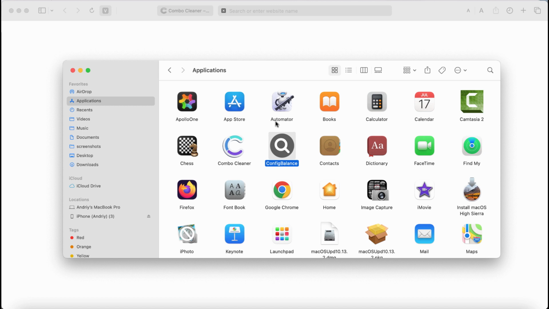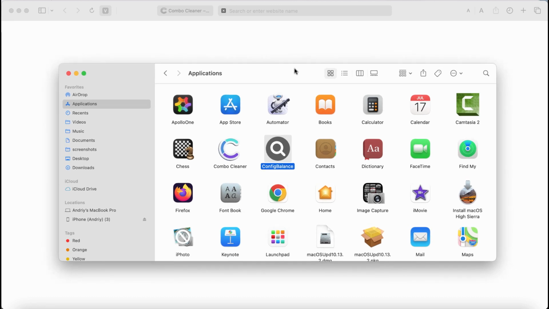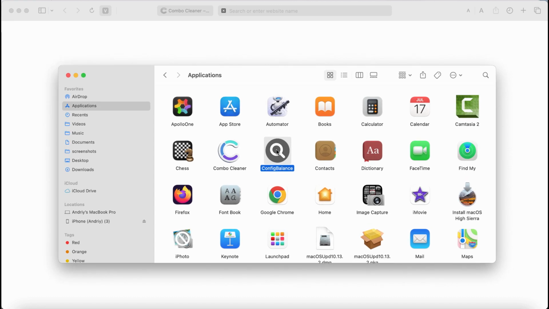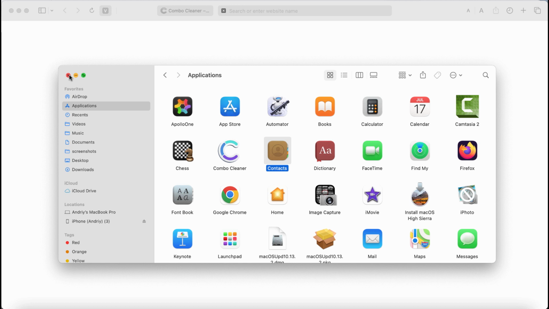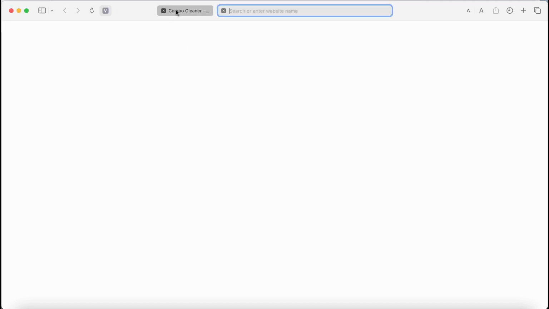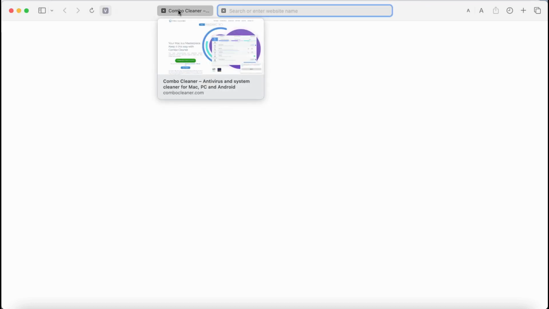And if this ConfigBalance adware was somehow found on your computer, be sure to immediately undertake the measures and remove this adware. So, to remove it, check your applications, find this ConfigBalance, right-click on it, and then move it to the trash. Now, to be convinced that your computer is free of other threats, I recommend you to research it